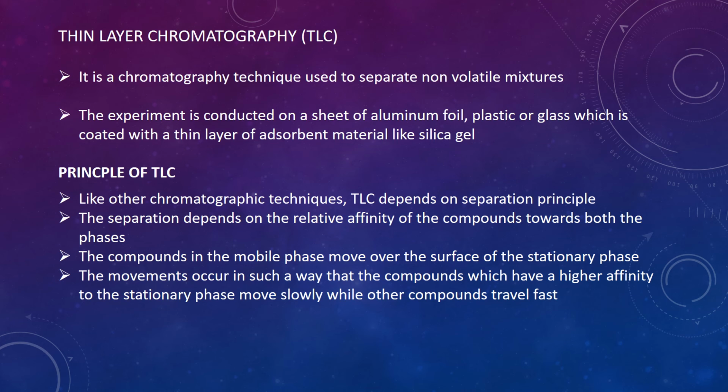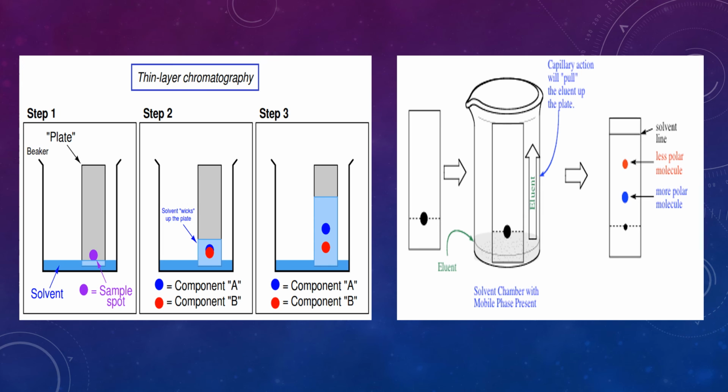The components of TLC are the stationary phase, that is the TLC plate, the mobile phase, that is the development solvent, and the solute, that is the sample to be analyzed. Now you can see the steps involved in thin layer chromatography. In step 1, sample spotting is done, that is the compound or mixture to be analyzed is spotted on the TLC plate using a capillary tube, and the solvent travels up by capillary action. In the second step, the TLC plate is then placed in the solvent or mobile phase for development.